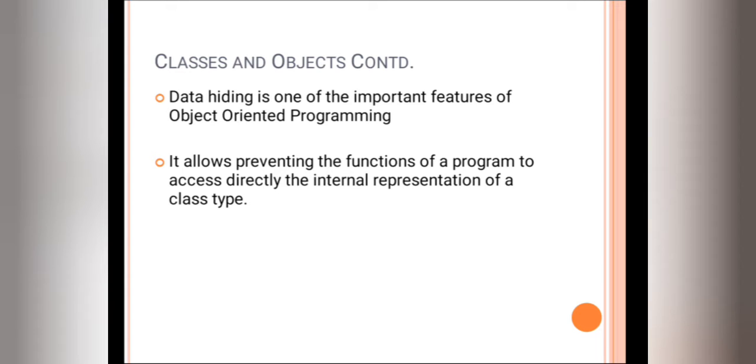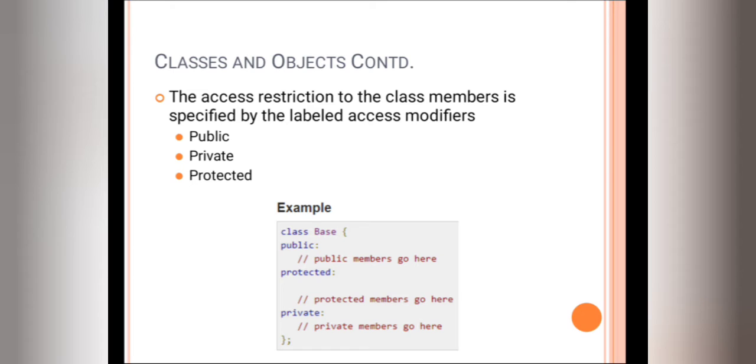Why? Because we are dealing with objects and classes. There are many objects that we can create, those objects can access different functions, and those different functions can be secured with the data hiding concept of classes. So data hiding is important in classes and objects. For that data hiding, we have the following access modifiers. Which are the access modifiers now? So access modifiers are public, private and protected.